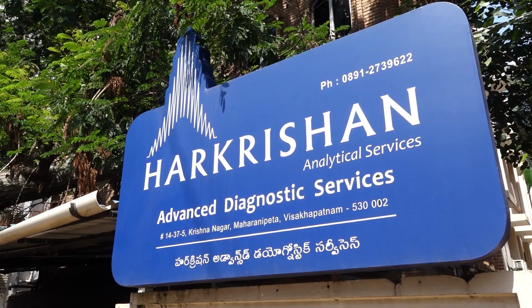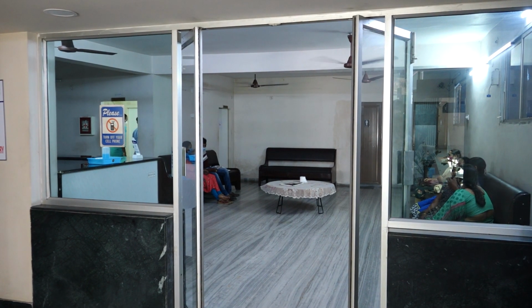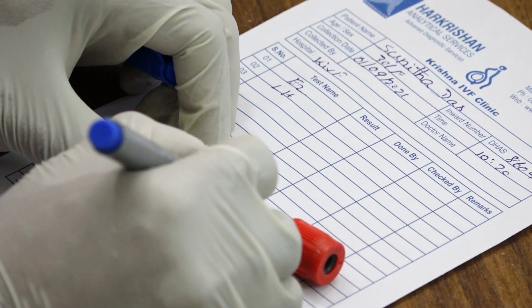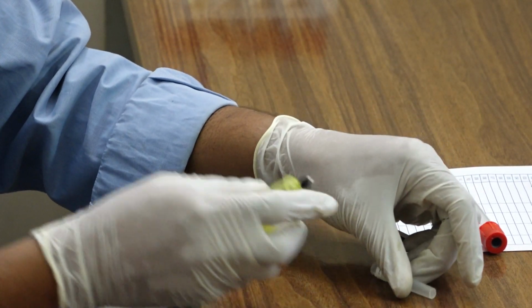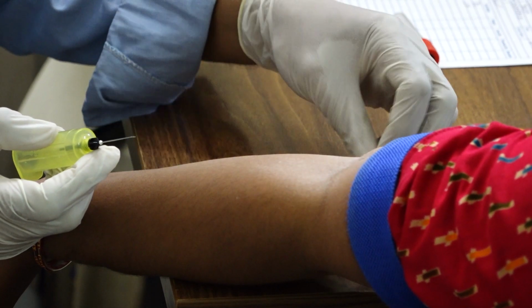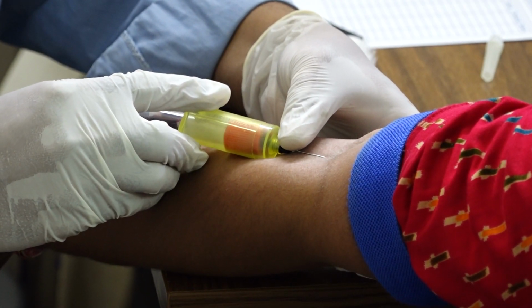This video walks through what happens when you give an Estradiol blood sample at Krishna IVF Clinic at their dedicated lab, the Krishna Analytical Services. Once you have the sample given, the lab technician draws a blood sample and then checks the labeling, and here you see blood being drawn in a vacuum,